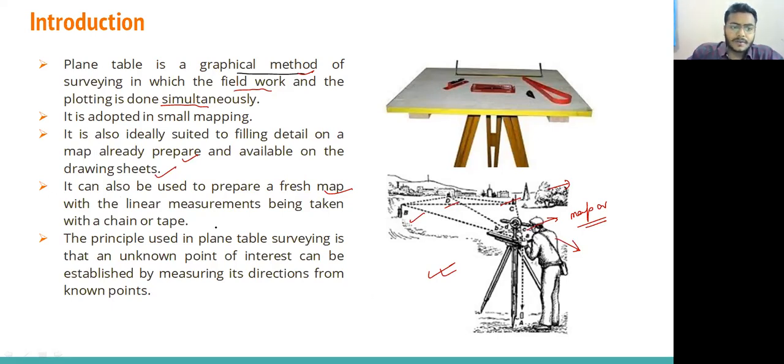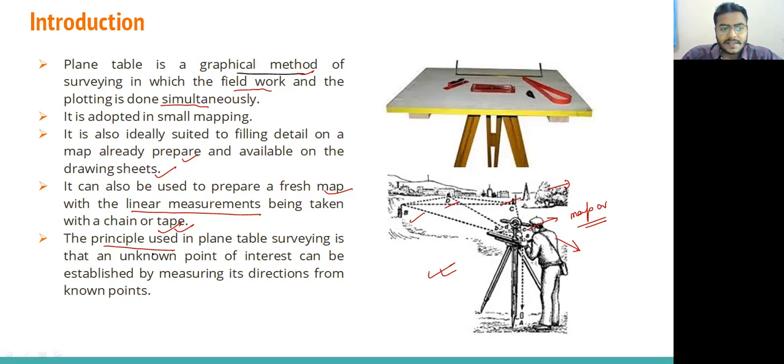So what we can do is sight this station and take the linear measurement, by using the chain and tape. If a correction is required, we can apply the correction; that is another thing. Okay, what is the principle? The principle used in plane table surveying is that